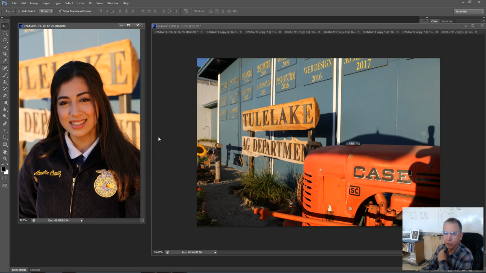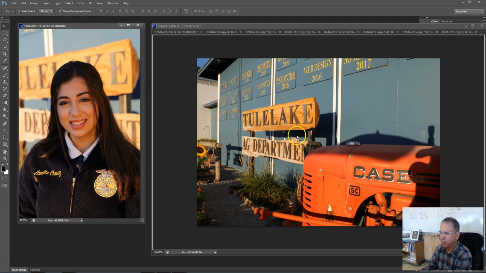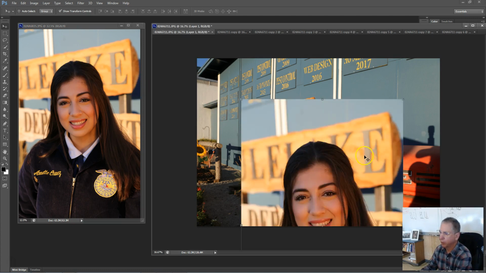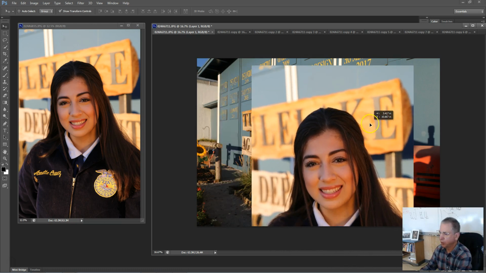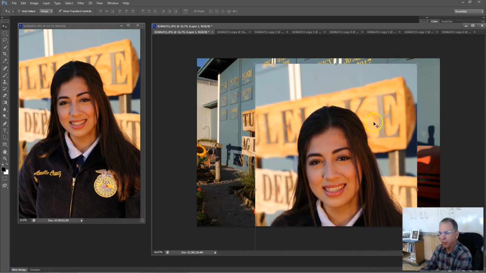Let's do a review of the FFA officer project where we're placing an image of the officers over a new background. So first of all, we're using the Move tool. We have our subject image and then we have our background. We've duplicated these, and so now we're going to use that Move tool to place the image on top of the new background. And then we move that into a position that we desire,